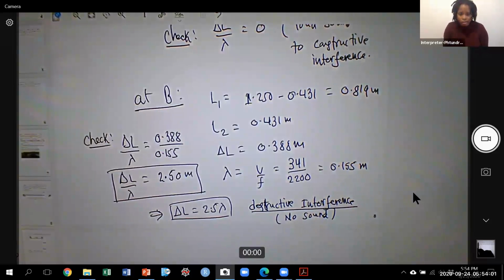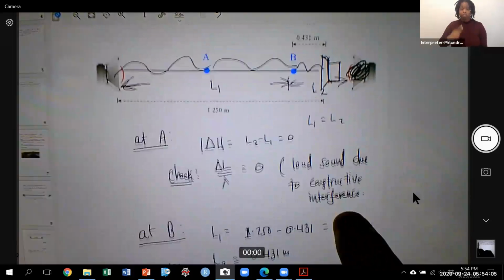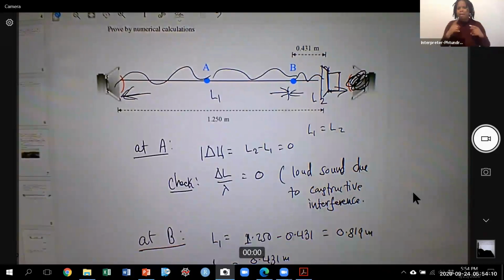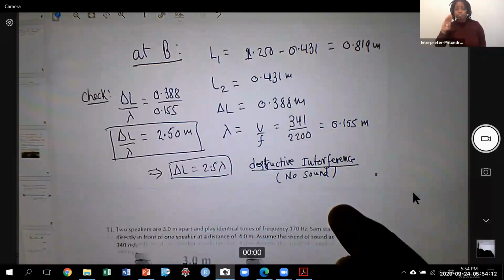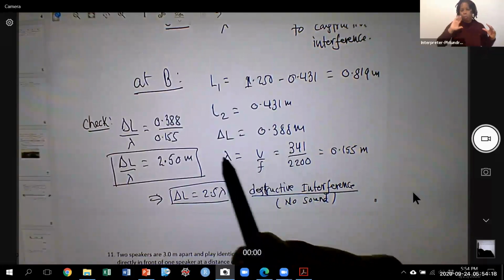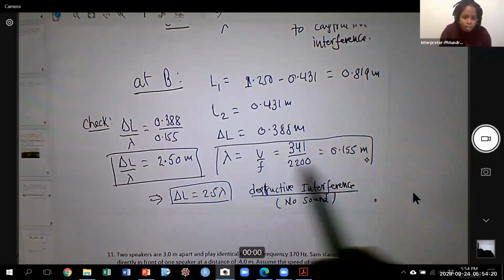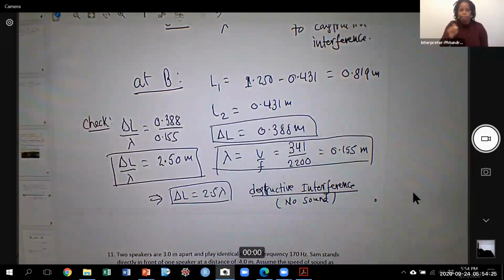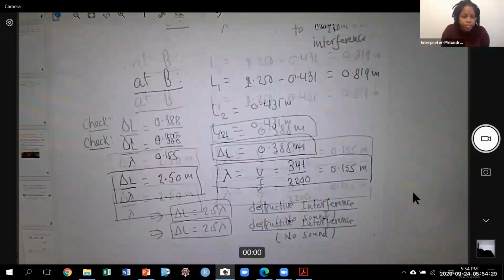So even if both speakers are on, in principle, if you stand at this point, you will hear no sound or very little sound. So that's how you figure it out. You're going to need these two pieces of information, this and this. Just check the ratio. Okay, now we can do